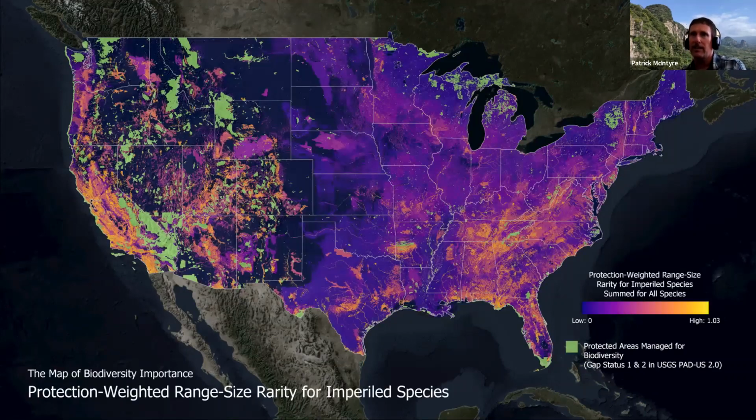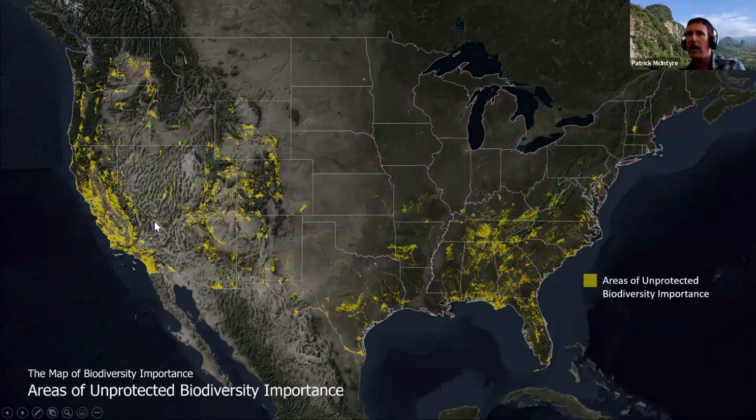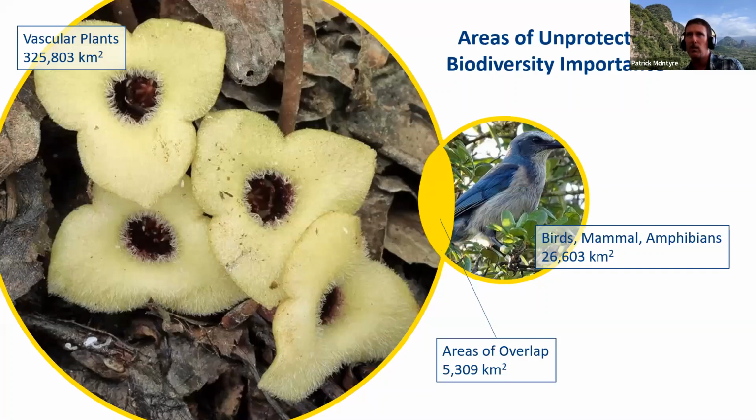You can overlay that, and then you can start to see areas where you have high biodiversity that overlap with protection, and areas that perhaps don't. So California's Central Valley, highly agricultural. And this map here shows areas that were highlighted as particularly important for biodiversity conservation, but don't currently have a formal level of protection on them, like a national park or a conservation easement. And I just want to point out, when you look at what species are in those areas or dependent on them, it turns out